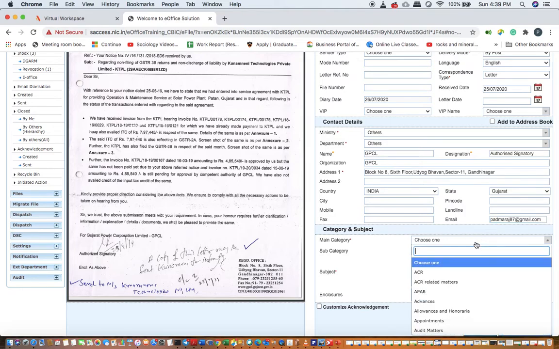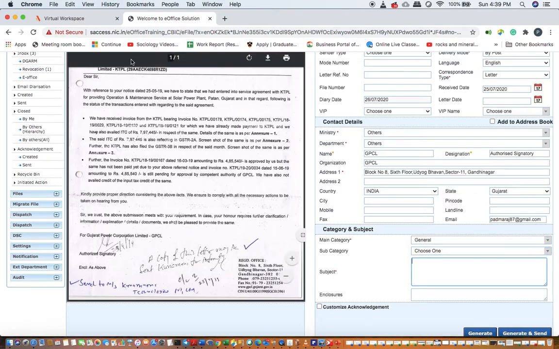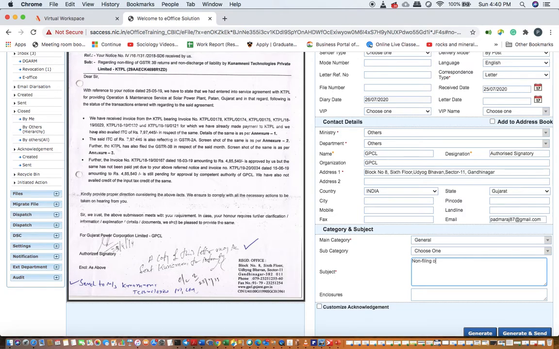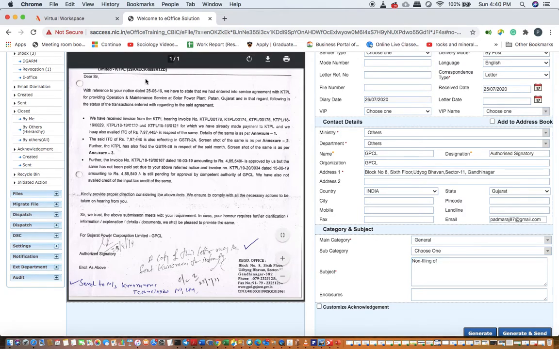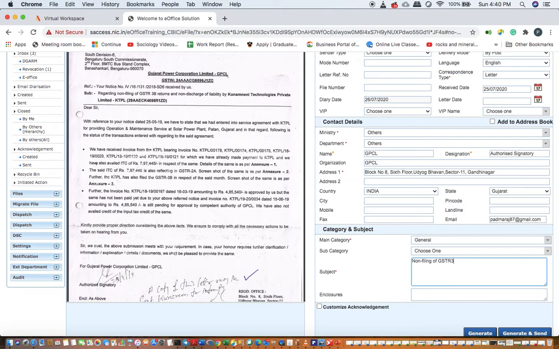Then I'll have to put what is the category of communication. If you are not able to identify the category of communication, you can always put General, and subcategory is not mandatory. What is the subject? Non-filing of GSTR 3B returns. See here, the subject is non-filing of GSTR 3B returns.